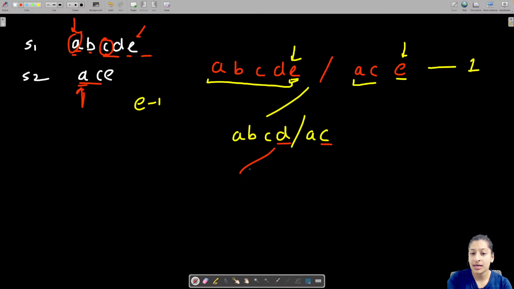Let's take the remaining part of this string by removing D. What if in this remaining string I find a match with AC, and I'll keep AC as it is? Another possible case could be, see, whenever there is a mismatch, we discussed in longest common substring also, whenever there